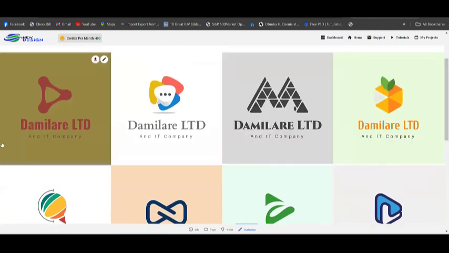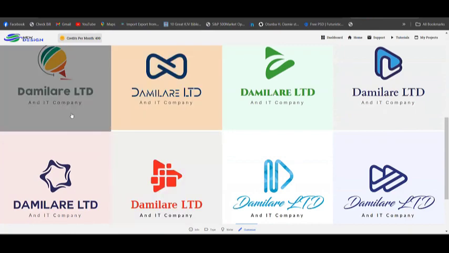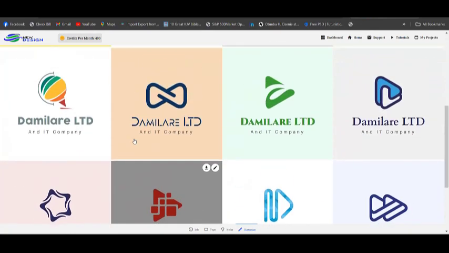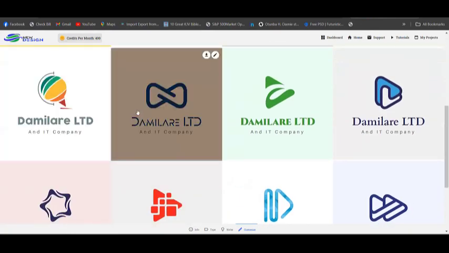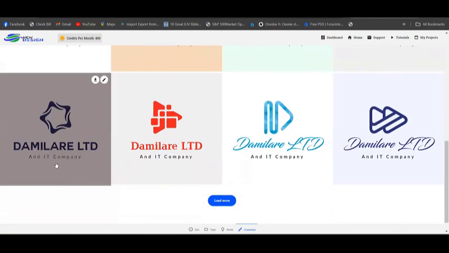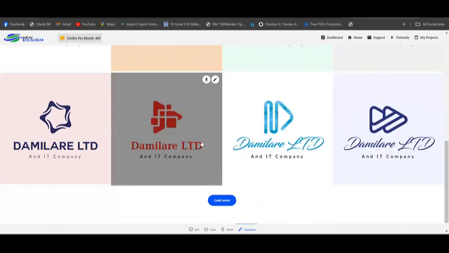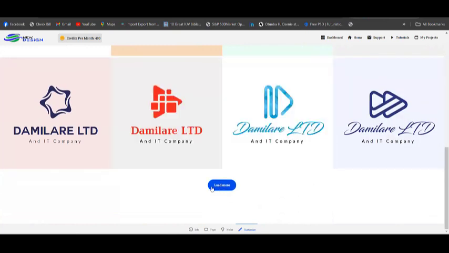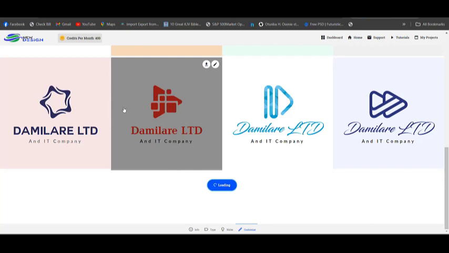So we have different kinds of logos here that you can check and choose. You understand? Anything that has to do with media, or when it's a logo with one icon, it's already great. So you can load more. Here, you can load more.